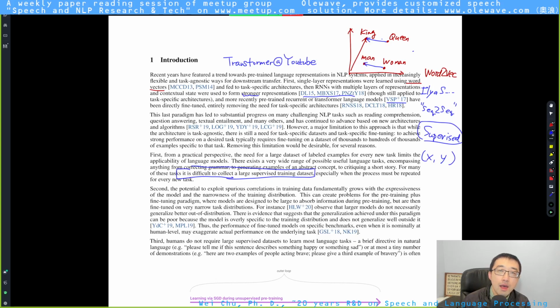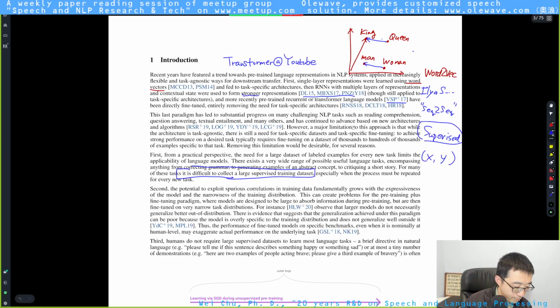So this is why lots of small or mid-sized companies do not have training sets of more than dozens of thousands of hours, which limited their capability of competing with the super large companies.